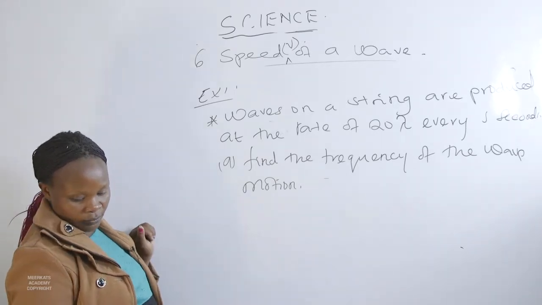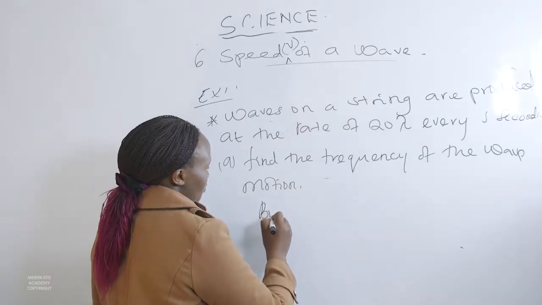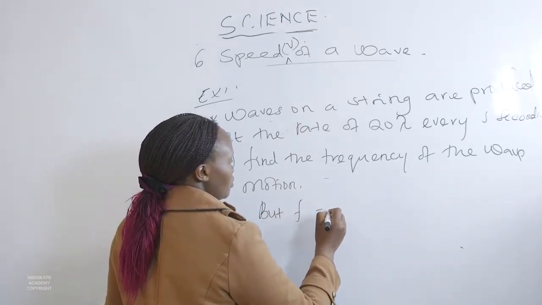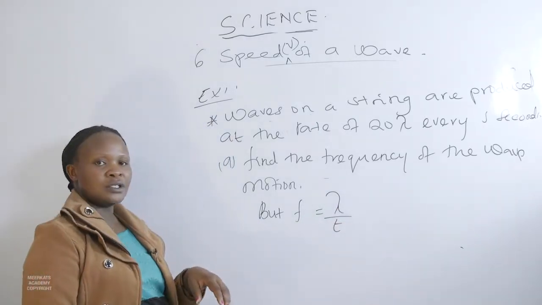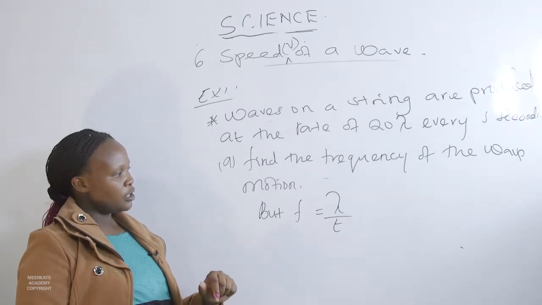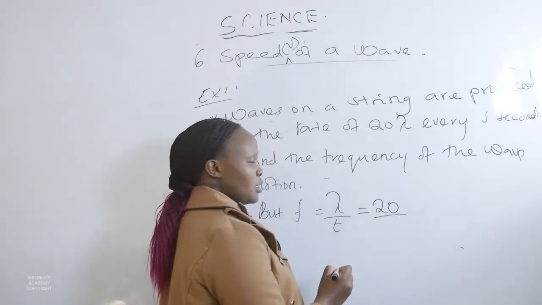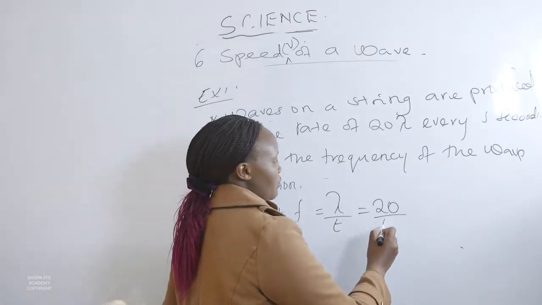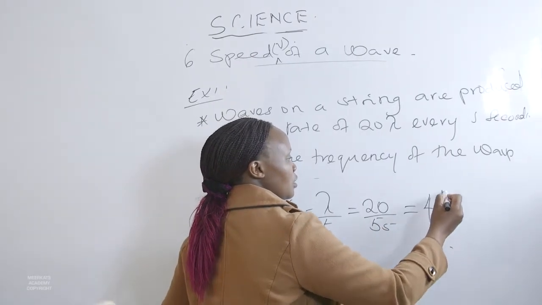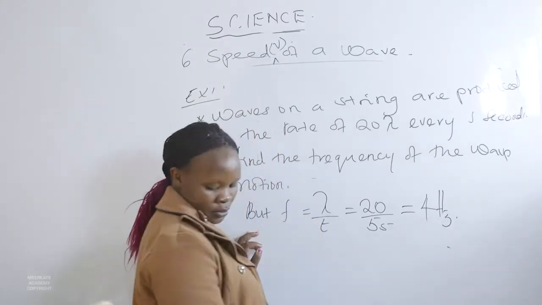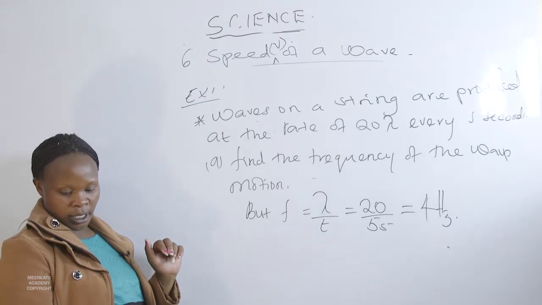But frequency is equal to lambda over time. Frequency is given by lambda over time, which is equal to 20 in our case, divided by 5 seconds, which is going to give us a frequency of 4 hertz. Frequency of 4 hertz. Now part B,